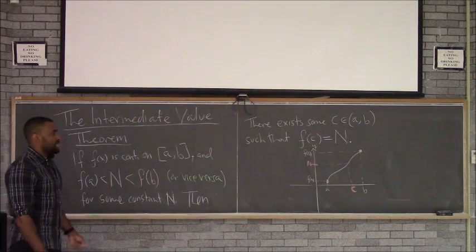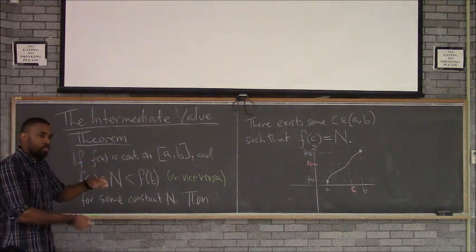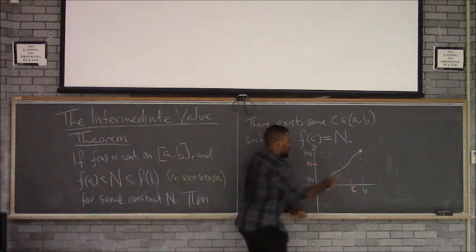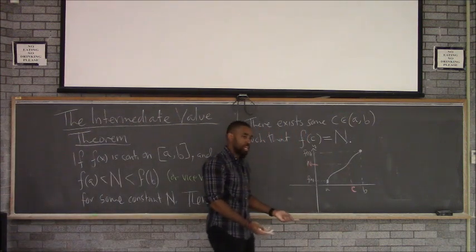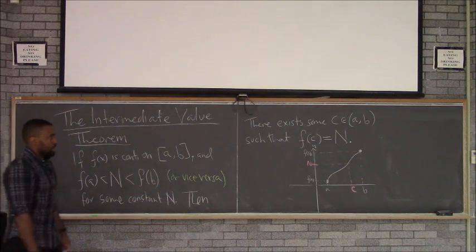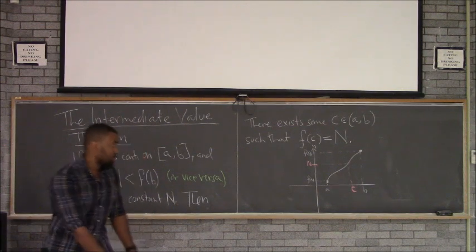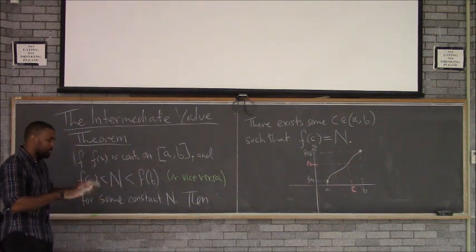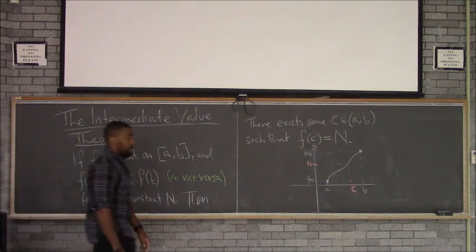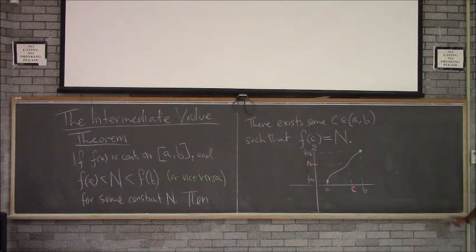You tell me an output that's in between two other outputs, I can guarantee hit that output with a continuous function. Because there's going to be no hole. It's not like there's going to be a hole here, so I'm not going to be able to get that output. I can definitely get that output. Right? Now, of course, it looks very straightforward when I draw the picture on the board, but this is something that you have to prove, and you have to be very careful and very delicate about it. It's a theorem, after all. But that's what it says. Continuous functions attain all intermediate values.